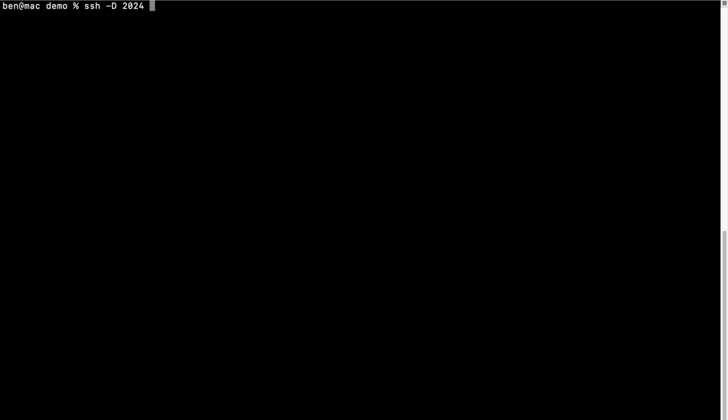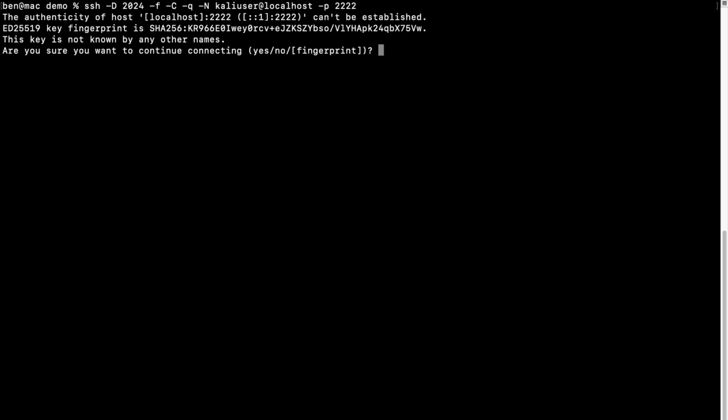And I'm going to go ahead and pick port 2024. Now we're going to use the credentials that we created, which is Kali user. And since we're running locally, it's going to be localhost. And the port we're going to connect to is going to be 2222. Okay, now that we have an SSH connection to our container, we're now able to go ahead and pull up